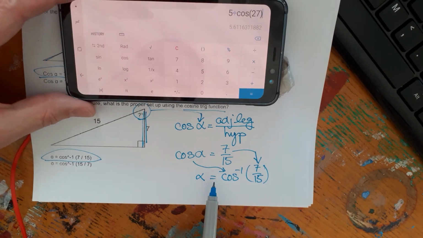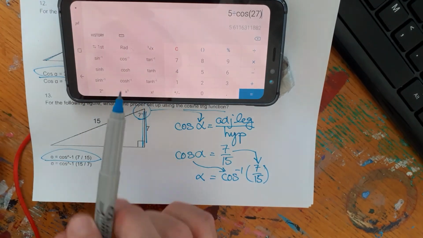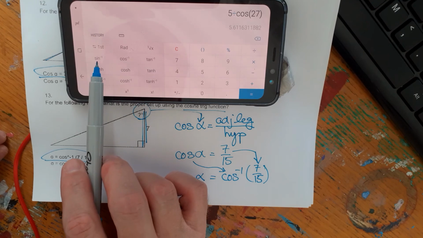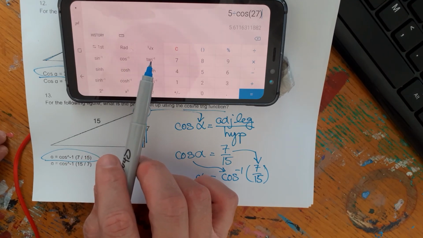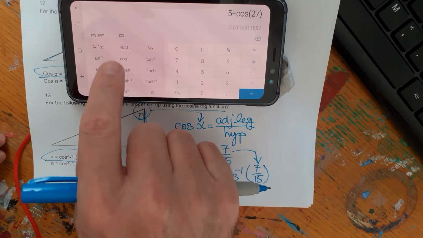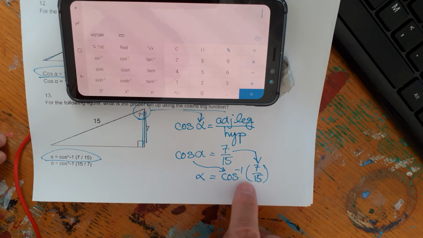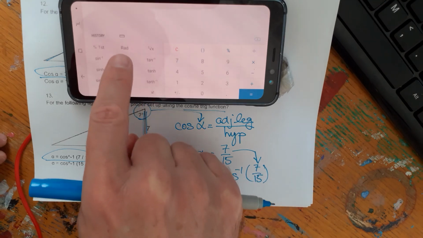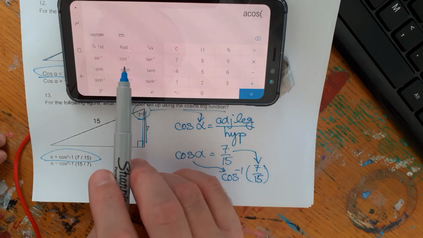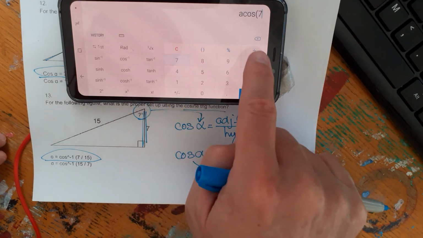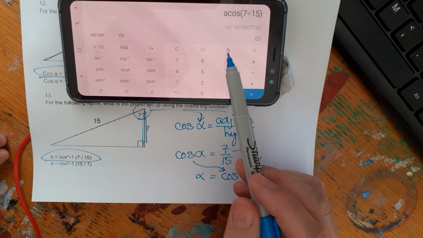And watch my calculator. This part I think is so cool. If you do second, there's a whole other keypad here, and notice it's sine to the -1, cosine to the -1, and tangent to the -1. It's the arc functions over here. So what we're going to do is clear this out. We're going to put in the arc cosine of 7 over 15. So here's arc cosine, and they put in a for that. A cosine is arc cosine or cosine to the -1. And let's put 7 divided by 15 and parentheses. All right, I get